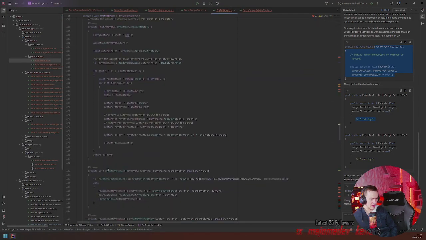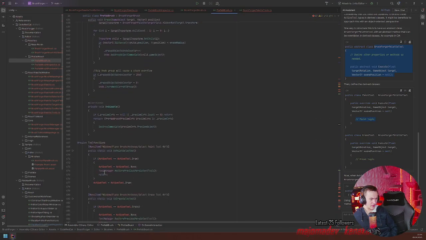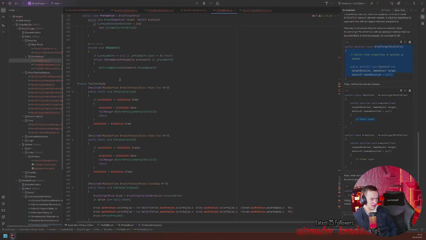The con is I'm losing the ability to define the functions in the tool, and this is a big decision.